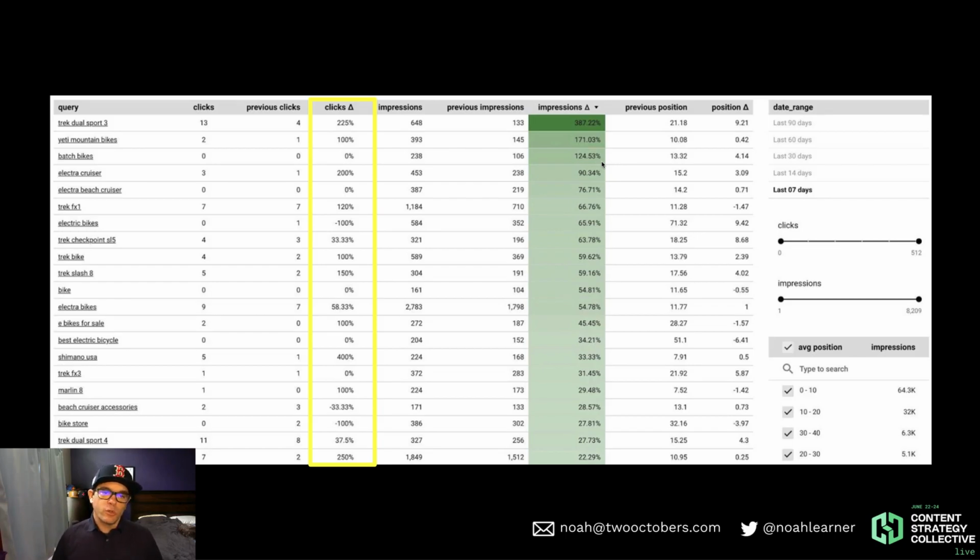You'll also notice that we've highlighted the clicks change column here. What's amazing about that is that I can compare click volumes over the past 7 days to the 7 days previous, and I can sort by that change column, which is really, really awesome. And it unlocks a lot of different layers of visibility. For example,